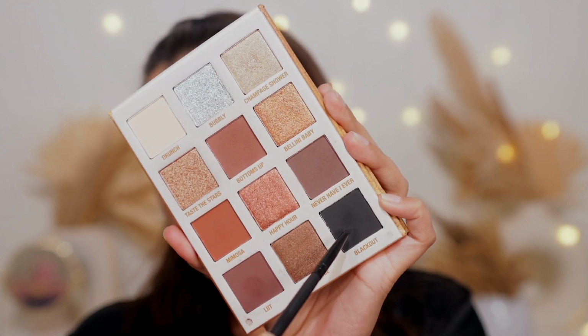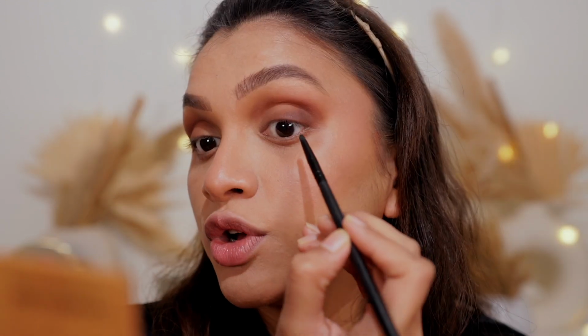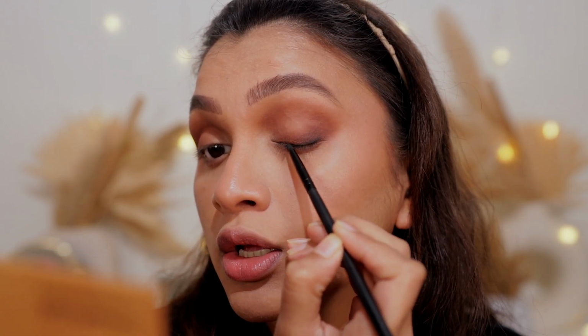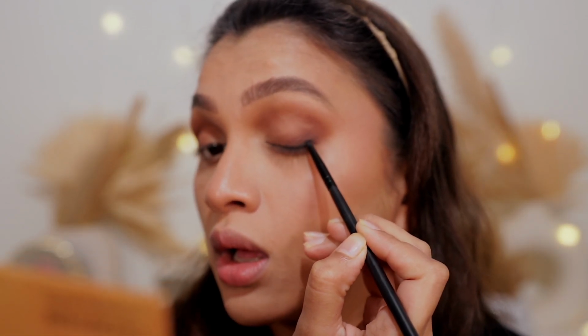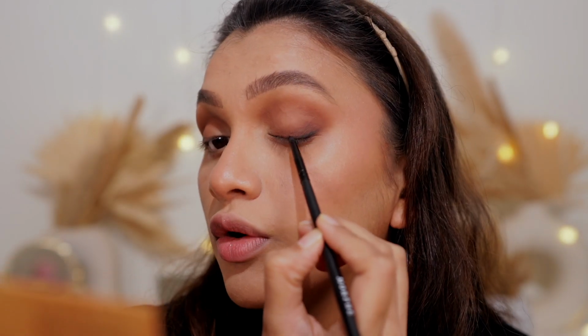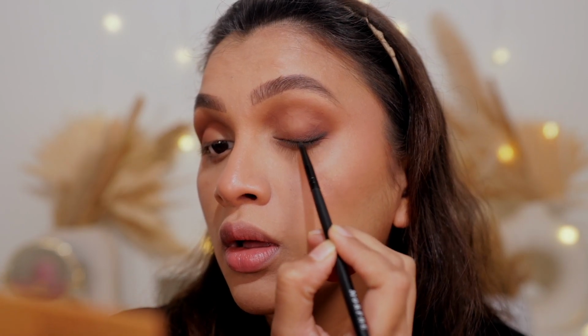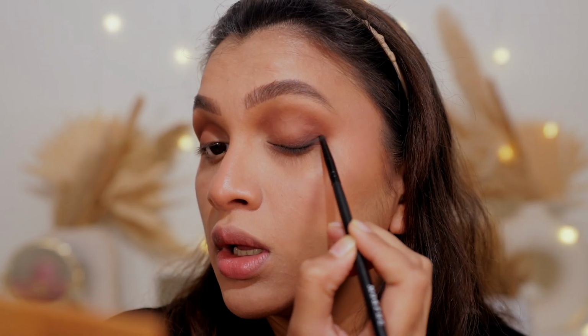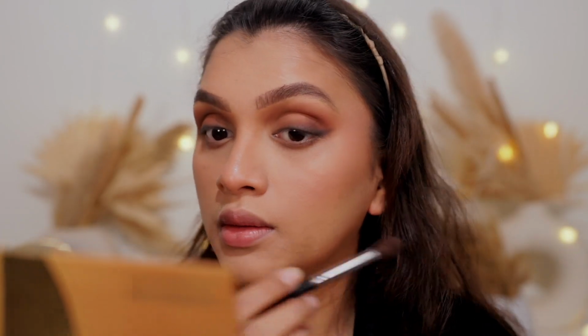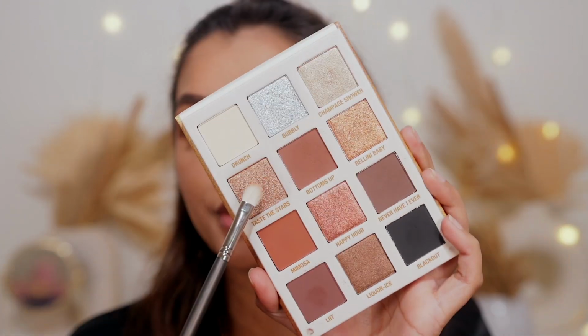And then taking the blackout shade from the palette, I'm going to place this really close to my lash line. Just like that. Smoking it out. And I'm using a very thin brush. This one is from Morphe. Like literally just creating a soft wing. Don't worry, we'll clean the edges in a bit, but first I'm gonna take this shade called